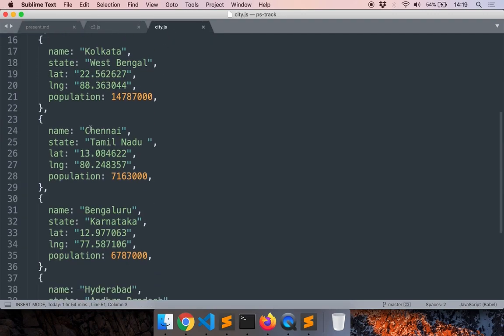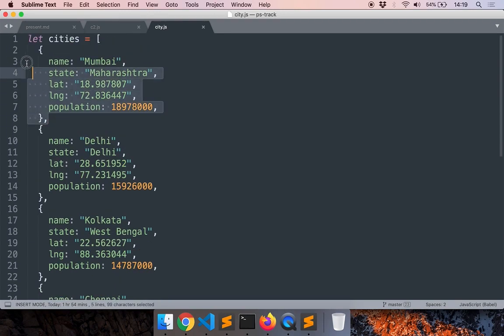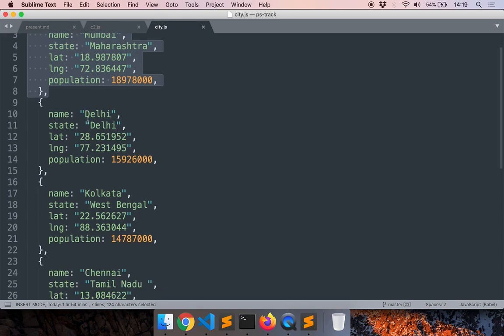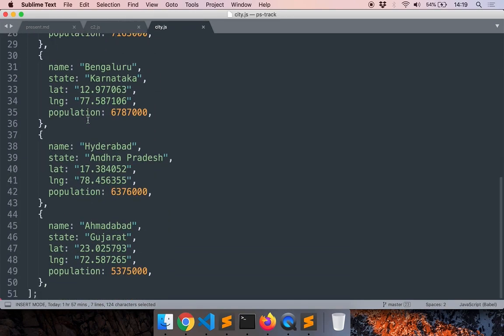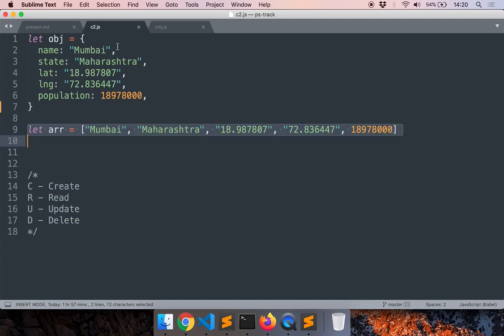Here, for example, I have an array of cities, and in this case, each element in the array is an object, and they all have the same structure. So arrays are used to store a list of entities, whereas objects are used to store all the information belonging to a single entity as key value pairs.